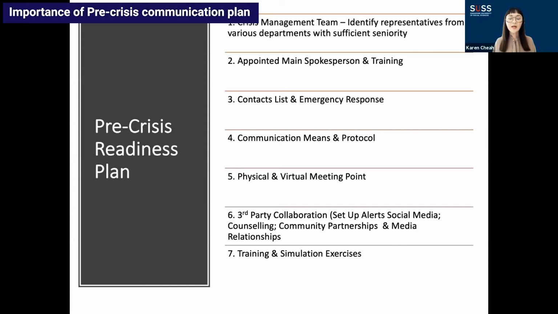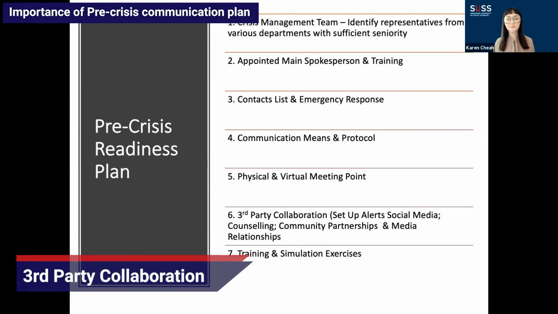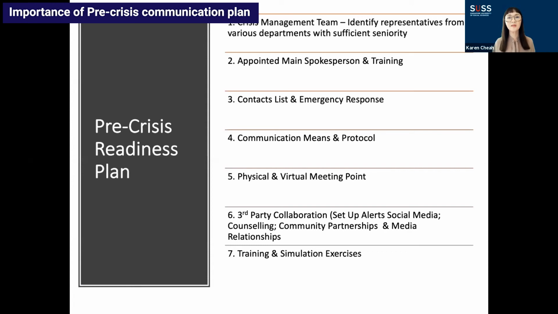Okay. The sixth thing is, of course, third-party collaboration. And what does that mean? I've had to go through a huge retrenchment exercise for one of my companies where you've had to retrench a whole lot of people. Now, you may have received as the C-suite member 3 months notice, you know that it's going to happen. Pre-crisis, you know that you're going to have a whole lot of people who are going to be without jobs. Have you set up counseling? Have you set up work collaboration measures with people who can help them with their resumes? Have you set up all of these third-party collaborative relationships